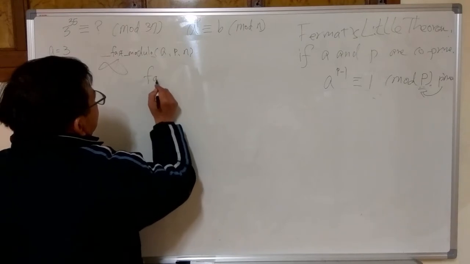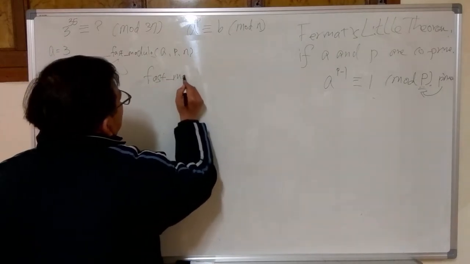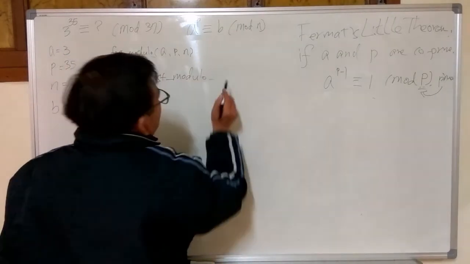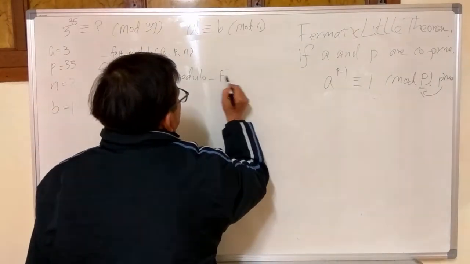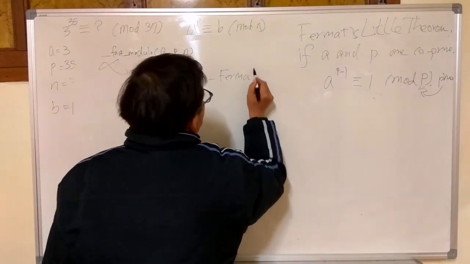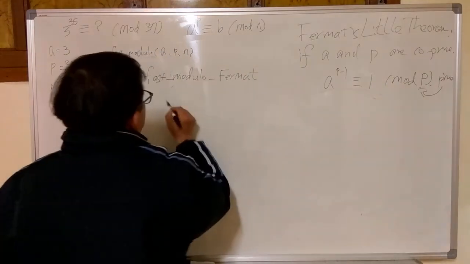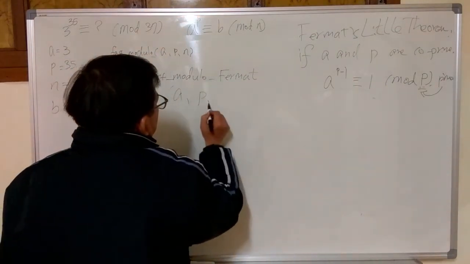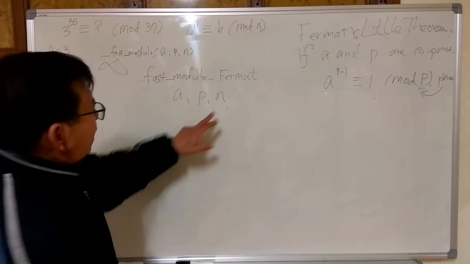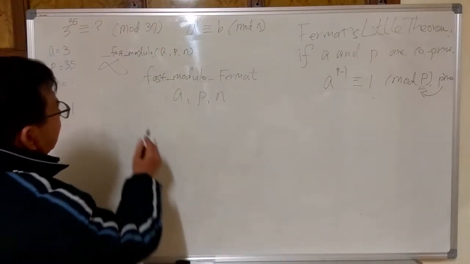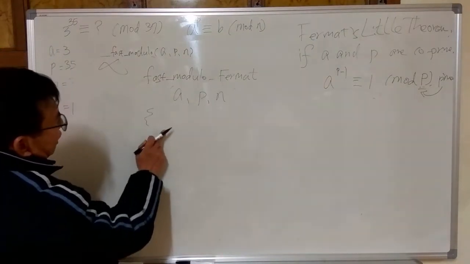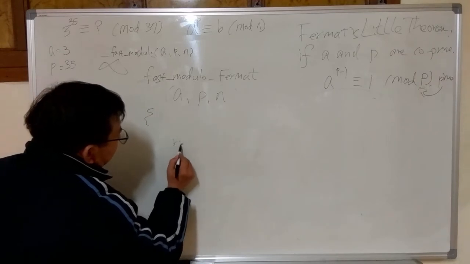Fast Modular Fermat, like this, and it gets A, P, N. Here N should be prime. Then it can be like this. Return